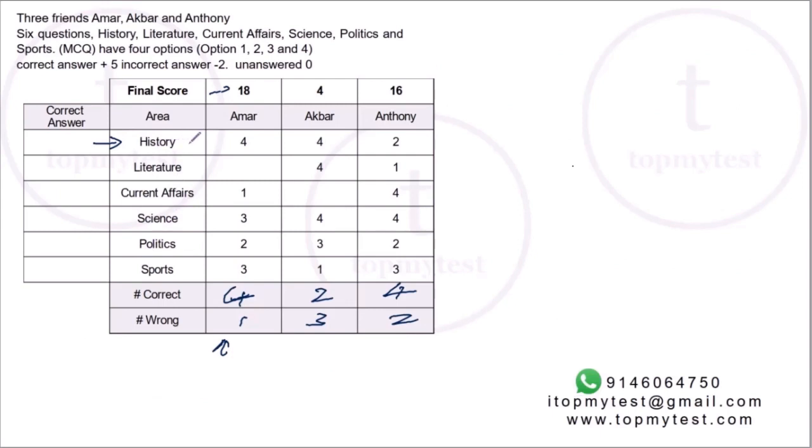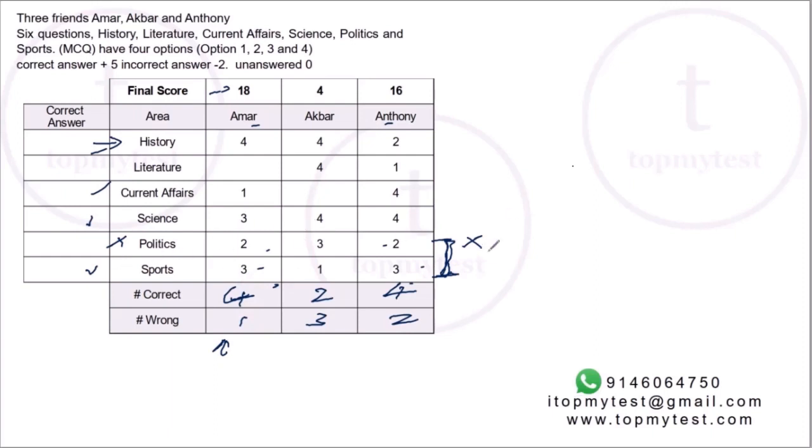Now, before we do that, let's try to eliminate some of the cases. If you observe carefully, between Amar and Anthony, both of them have 4 correct. The only difference is there is only 1 wrong for Amar and 2 wrong for Anthony. And politics and sports have the same answers for both of them, 2 and 2, 3 and 3. So if one of them is wrong, the other one will also be wrong. If one of them is right, the other one also will be right. Now let's try to use Amar in this case. Suppose his politics answer is wrong, then Anthony's politics answer will also be wrong, which means the remaining 4 answers will be correct.